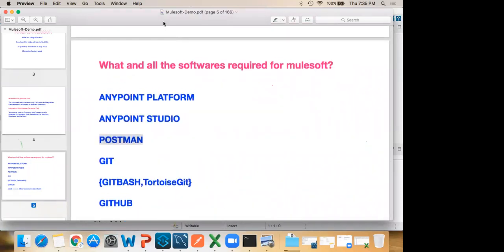So now go on. Yes, sir, in Anypoint Platform, what we do here is we create the API and design the API. Whatever APIs you design, we have to start the development. Development in Studio, sir. Correct. To develop APIs, sir, Anypoint Studio is used for development. Correct. Anypoint Platform is for creating and designing.